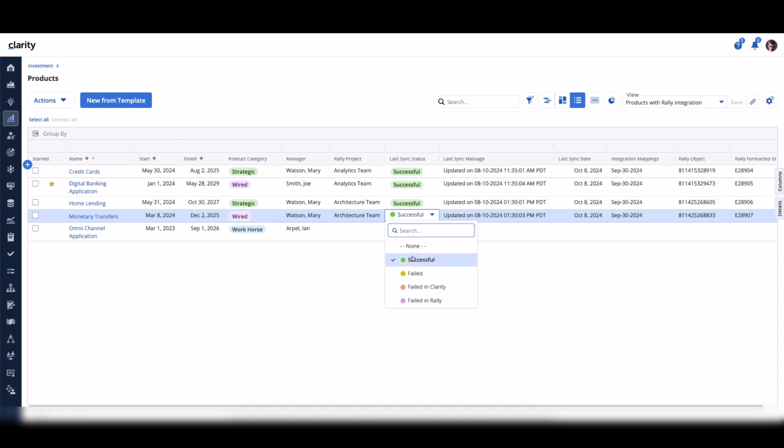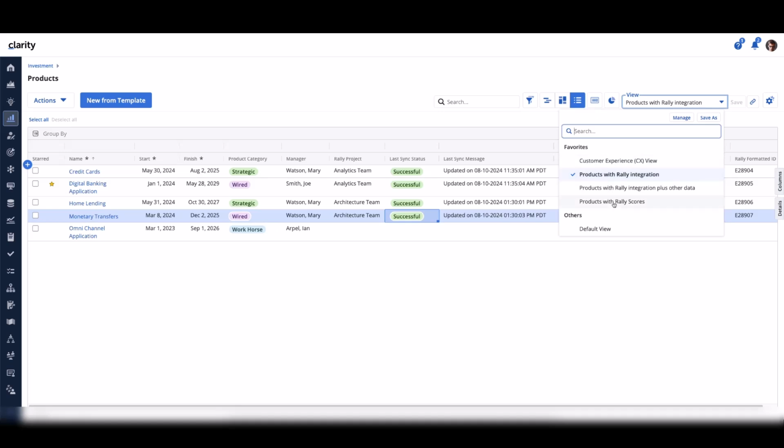So this isn't changing. What is changing is, in the case of this success, you see in the last sync message, updated on a date with a timestamp. So in case of a successful sync, this type of information is not changing. But what is changing in the case of a failure condition, I'll get the updated on with the timestamp, and then I'll get some more detailed information. So what we want to do now, since we obviously have no error condition right now, is go through a series of steps that basically force an error condition, and we'll take a look at that.